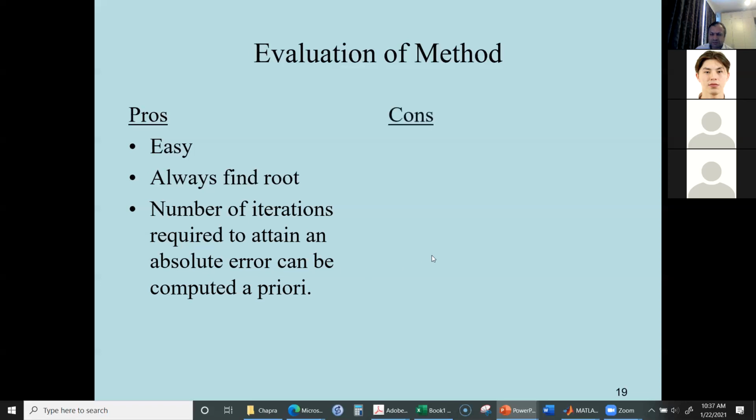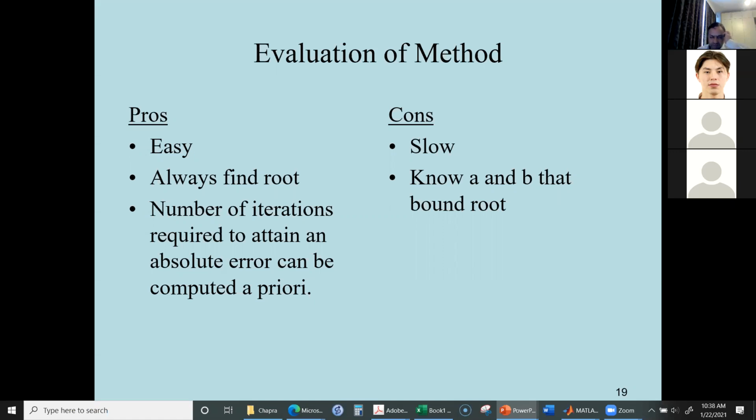Next, there are some disadvantages of this method as well. Although it is an easy method, it is a slow method. It usually needs more iterations to get to the desired level of solution. So we must know a and b that bound the root. Okay, so that means, someone talked about the multiple roots, for each multiple root we must have their respective a and b bound values. Okay, and this means that we must employ some other method first to